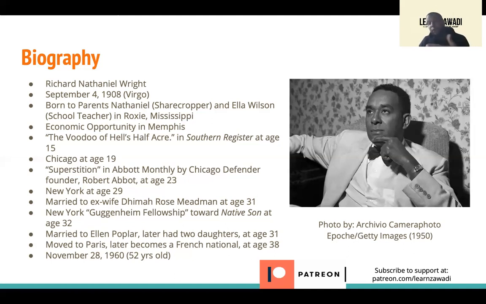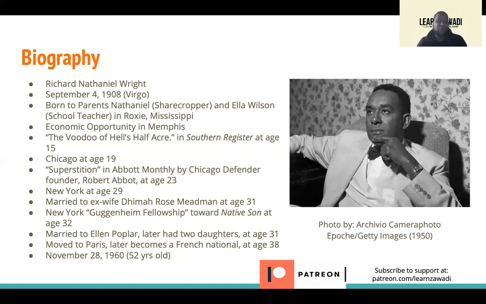So before he ends up actually publishing Native Son, he divorced his first wife and ends up marrying Miss Ellen Poplar. And together they have 2 daughters. I believe both of these were white women, which at the time in the North, I'm not sure what the laws were like, but if you research that case, Virginia versus Loving or Loving versus Virginia, it adds an interesting